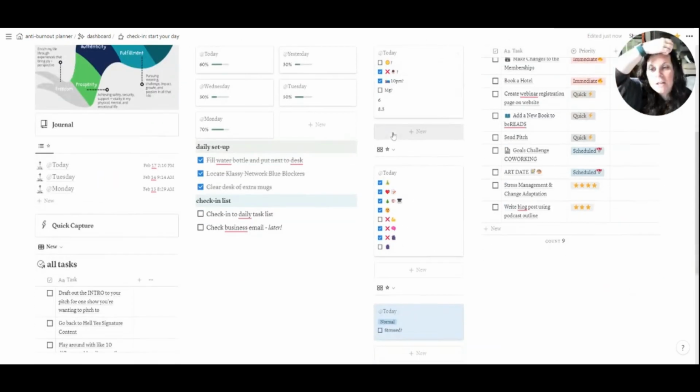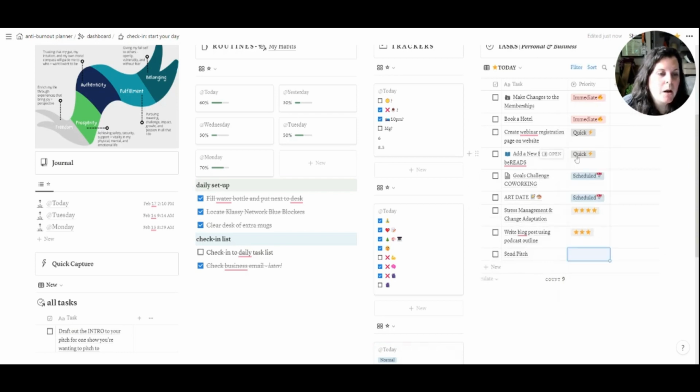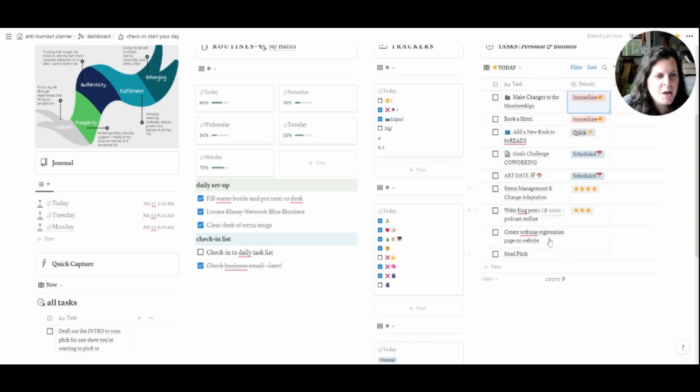And then from that point is when I usually check my email and check into my daily to-do list. I've already checked my email for the day, so we'll go ahead and check that one off. And when it comes to checking into my daily to-do list, usually there will be some things in here that maybe don't have a priority listed next to them. So let's actually go ahead and do that for a couple of these things. We've got a few things down here, or maybe they have a priority that's really, really low.